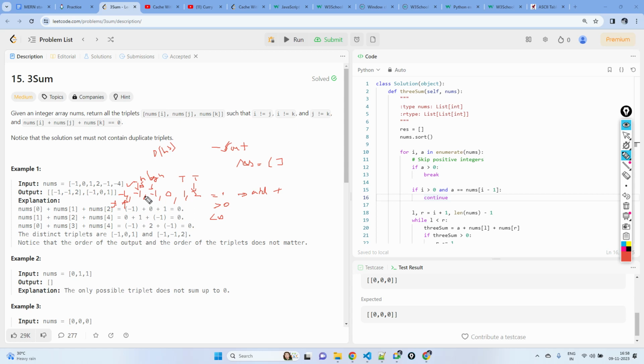Now, once you have added it, suppose your second pointer came here, and your third pointer came somewhere here, and you add it and it became 0. Let's assume your first pointer is here, second pointer is here, and your third pointer is here. You add everything, it comes up 0. So now what you have to do is,